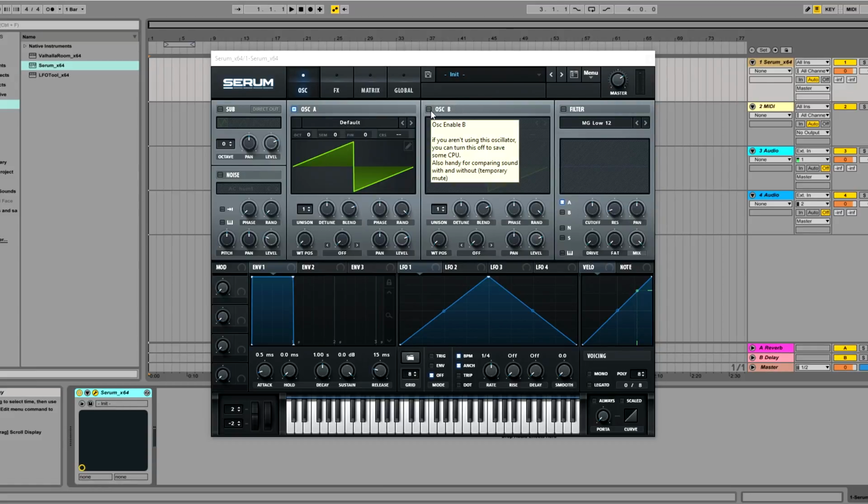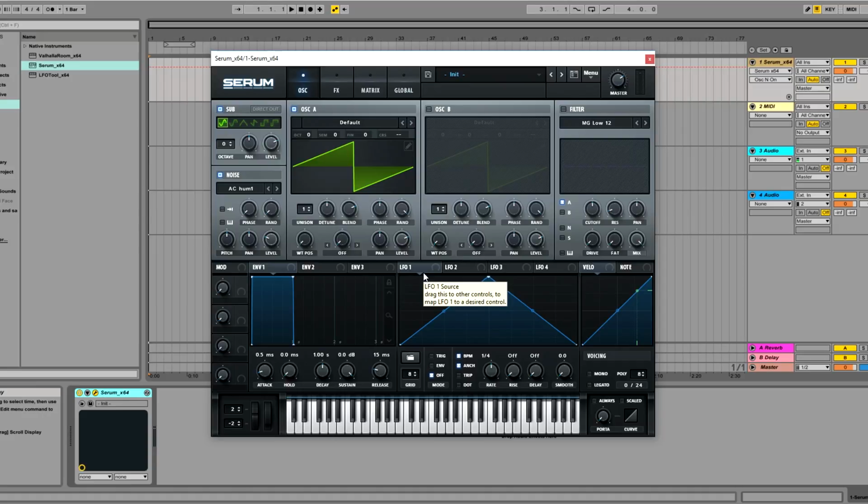There are other oscillators. You can see we've got two oscillators. We've got one sub and a noise oscillator, which plays a noise sample at the same time as the synth. So you might be able to hear one. There you go, that's the sub and the noise, and an air can played at the same time. Alright, so